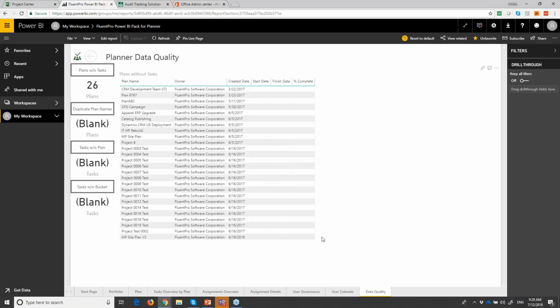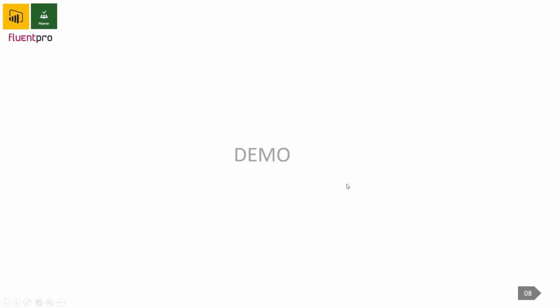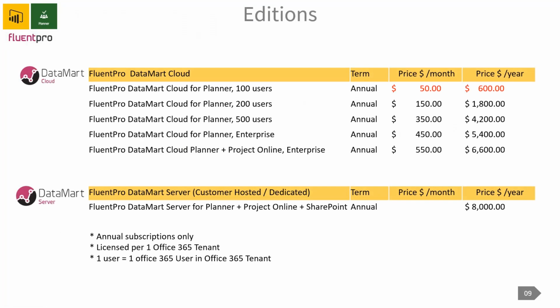So as you can see, we provide you the portfolio view where you can see that information for all the plans or groups of plans. You can go down to a single plan. You can go down to a single team member. You can see assignments. You can do data quality and user governance, identify who is loaded, overloaded, not loaded, not doing enough. And as well, you can do data checks on the underlying data. That's part of our standard pack for Power BI, the Power BI pack for Planner, which is available for purchase. And right now we'll go very quickly through the editions that we have and some